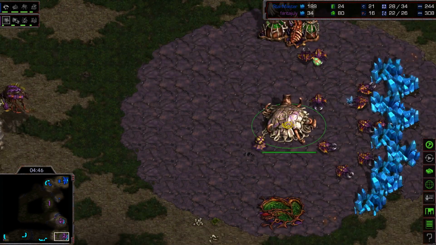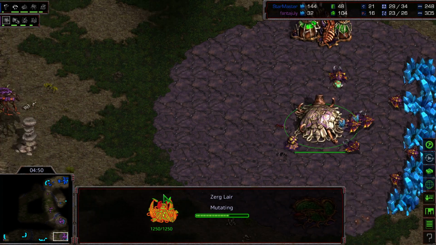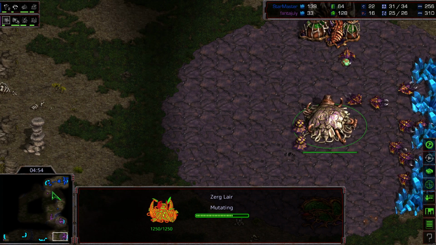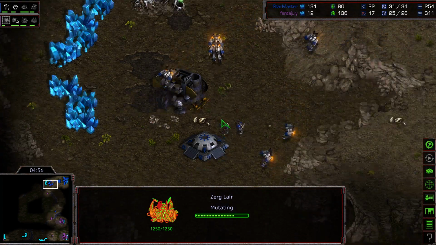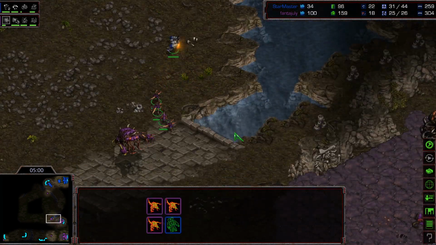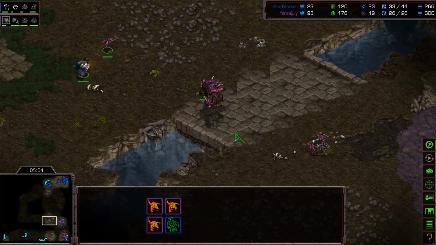Slowly but steadily JULYZERG is recovering, now at 16 workers, and his tier 2 is also almost finished here. So really good job here by him. More and more SCVs are being transferred now into this expansion, as things have finally settled down here. Both players decide to stay a little bit more back and just